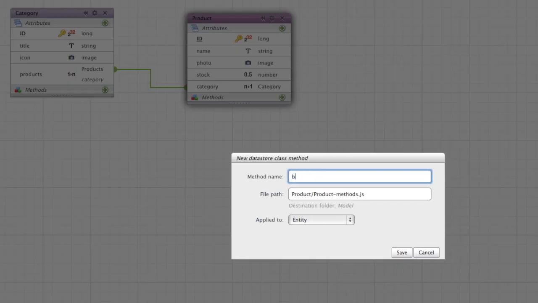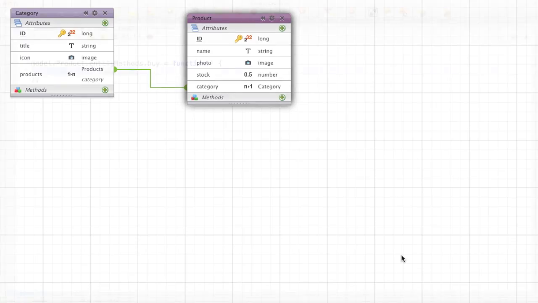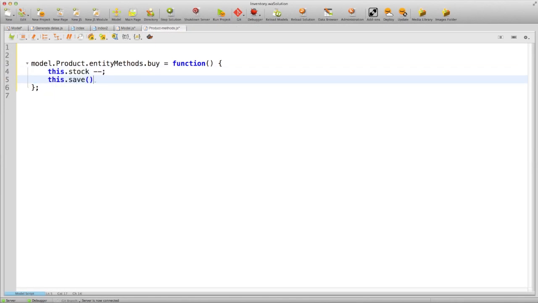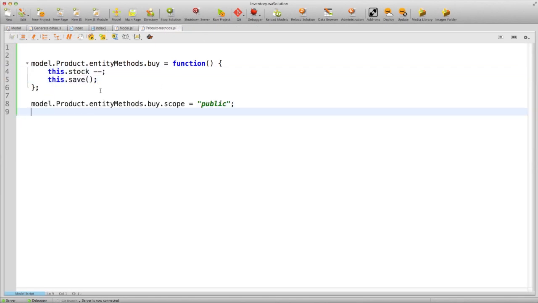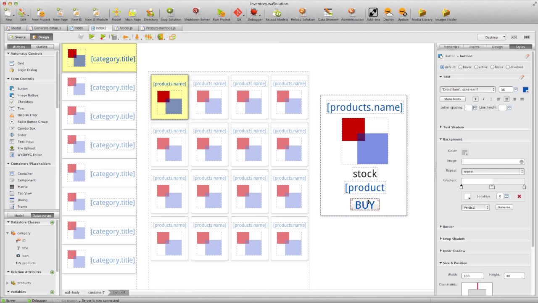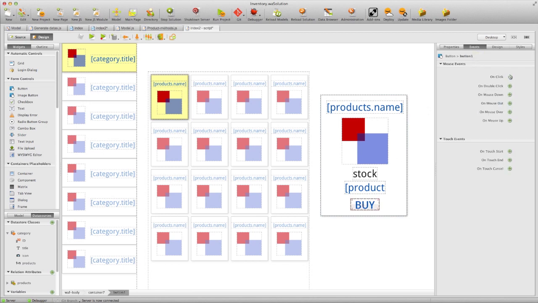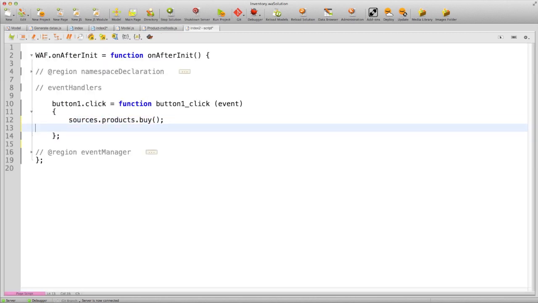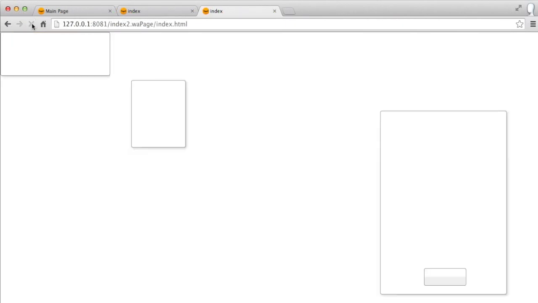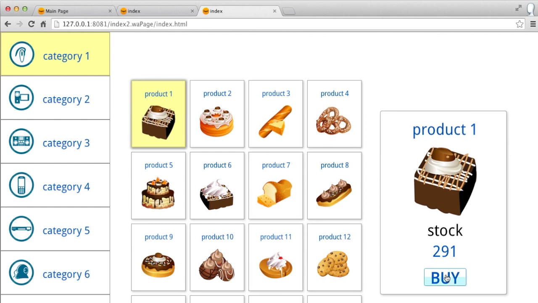In the data model, create the Buy method in the product data class in which you decrease the stock by 1 unit and make this method public on the client side. Now, on the Buy button, create an onClick event in which you call the Buy method we just created and refresh the data. If you reload the web page, the Buy button is functional and can now decrease the stock